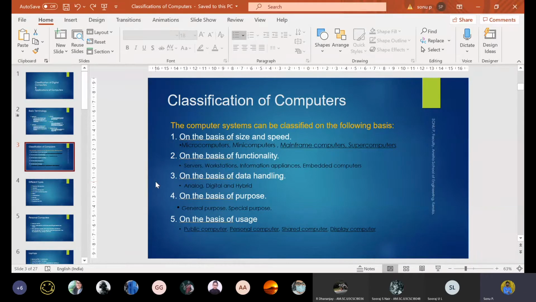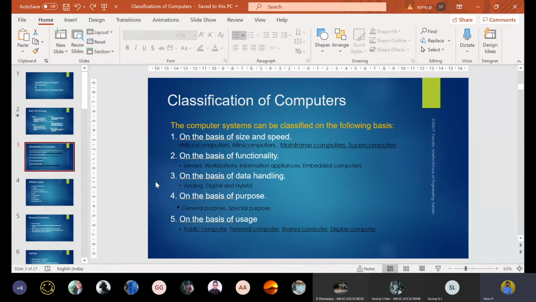What is the main purpose of a computer? To take input, process it, and give the output to the user, or store it in a hardware device for further use. For that type of work, we can use a general purpose computer.